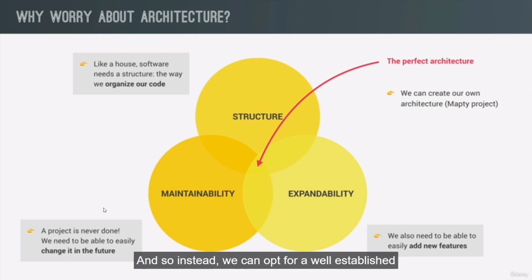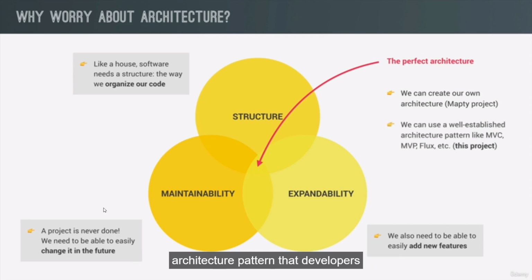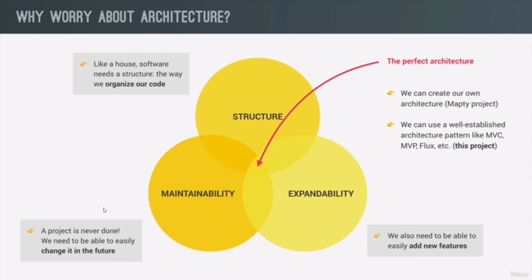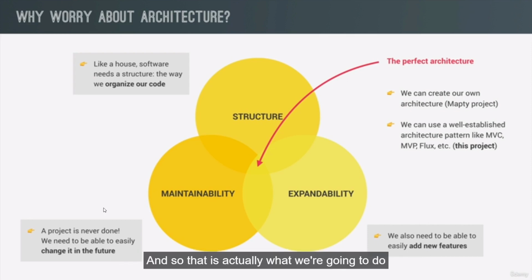And so instead, we can opt for a well-established architecture pattern that developers have been using for years or even for decades. And examples of that are Model View Controller, Model View Presenter, Flux, and many other architectures. And so that is actually what we're going to do in the Forkify project because it's a bit more complex